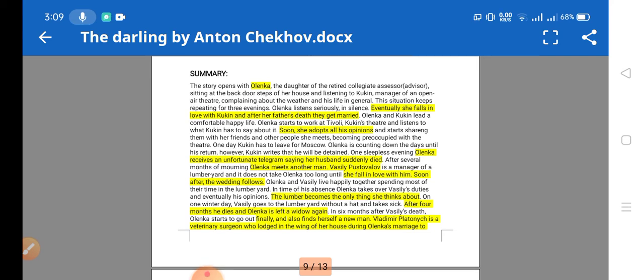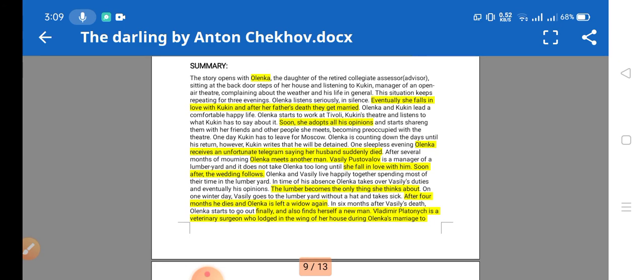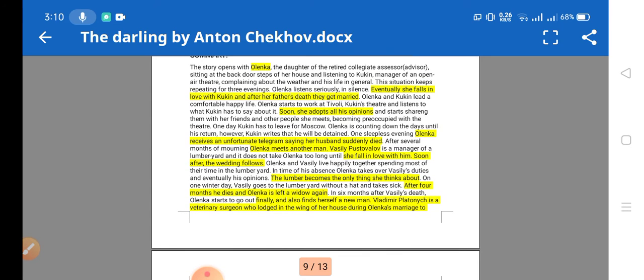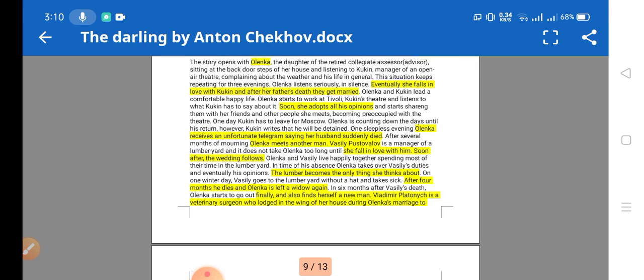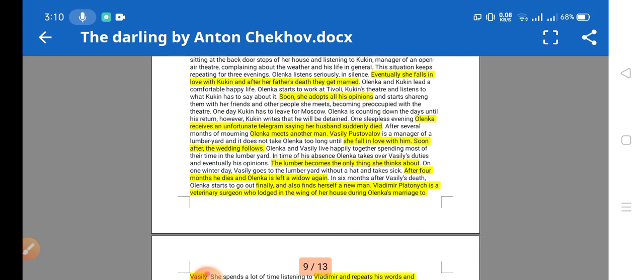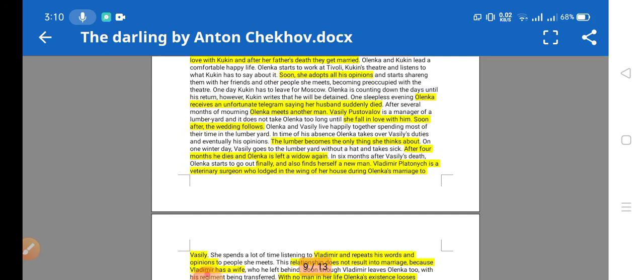So what happens is that she falls in love with Kukin, and after her father's death, they get married. She got married to Kukin, and they have a comfortable life. And soon she adopts all his opinions. We'll discuss that she is having an identity crisis. We'll discuss it in detail, and the story moves on,